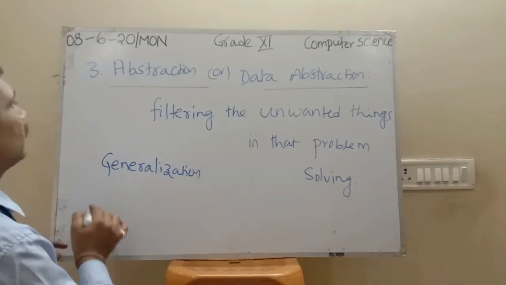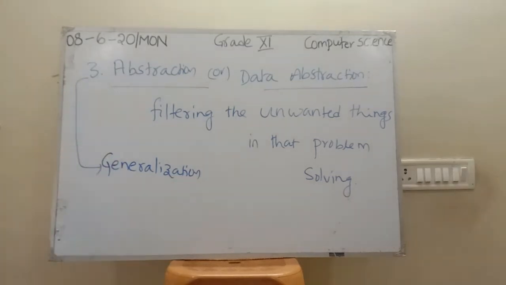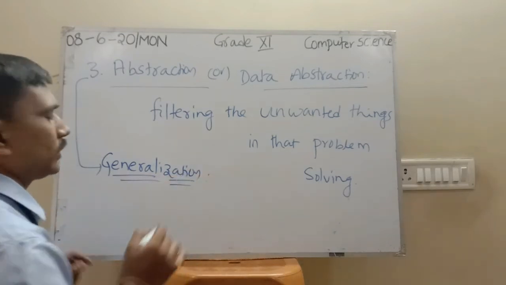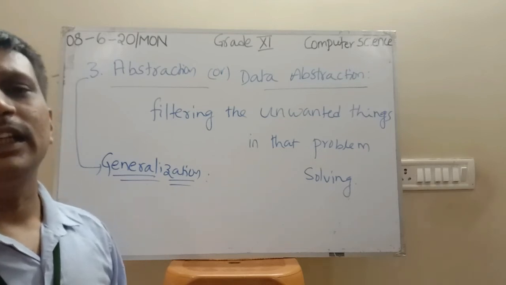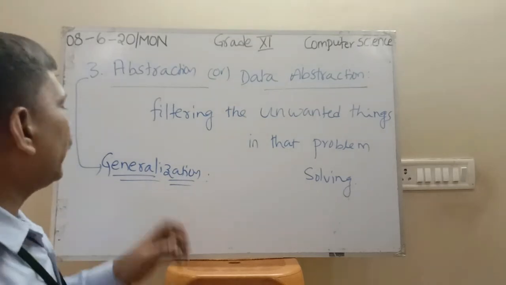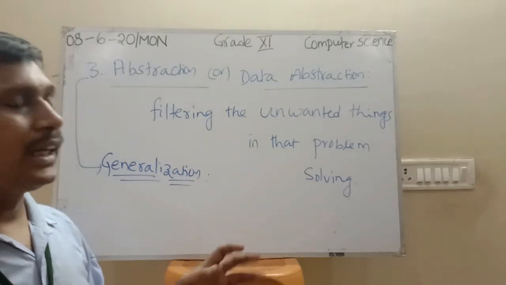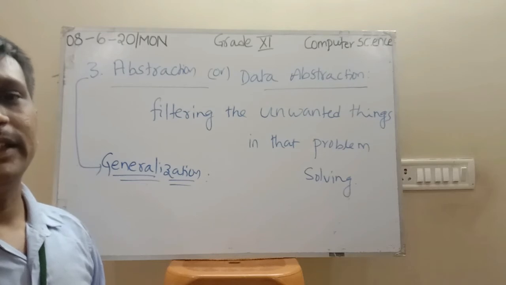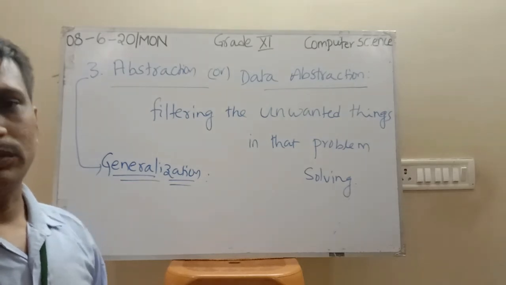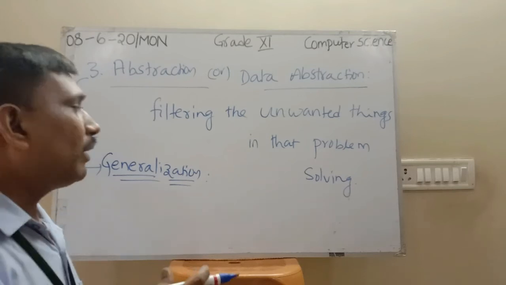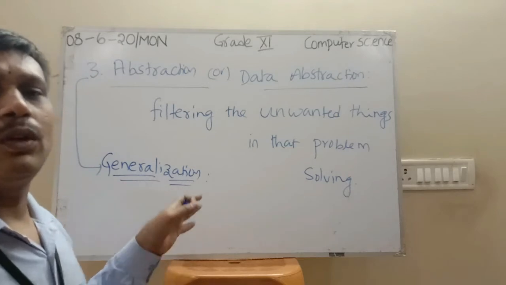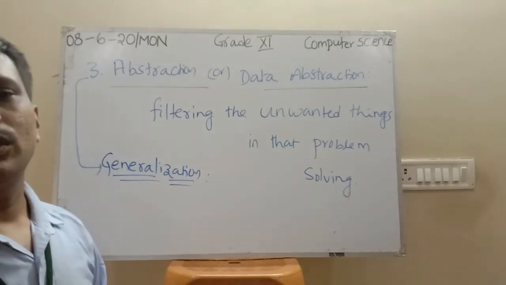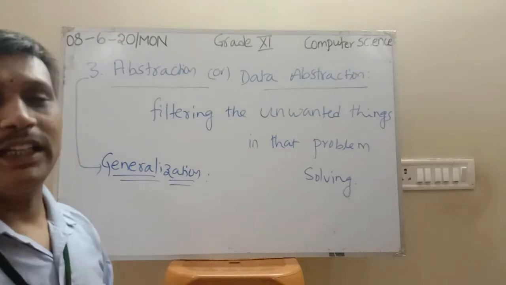So generalization is one of the topics in abstraction. In generalization we are dealing with problems in the real world, that consist of classes and objects. First we identify the generalization of the problem. That is, we identify two or more problem domains and adopt the techniques from one problem to another problem, noting the differences between these two problems. This is the concept of generalization.